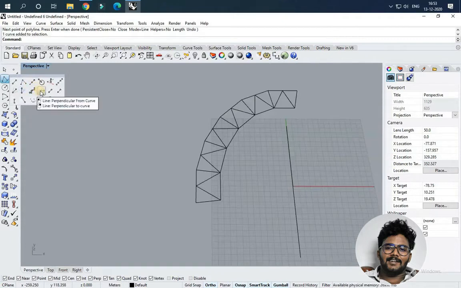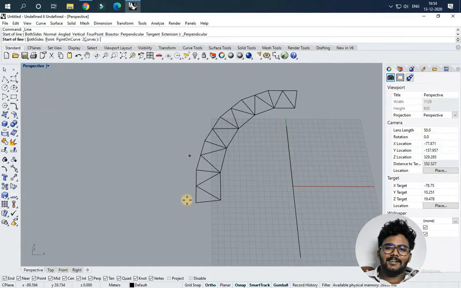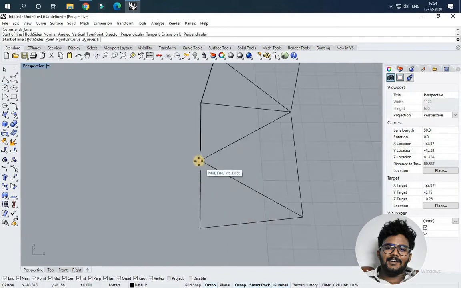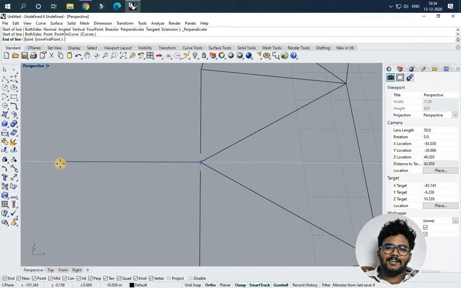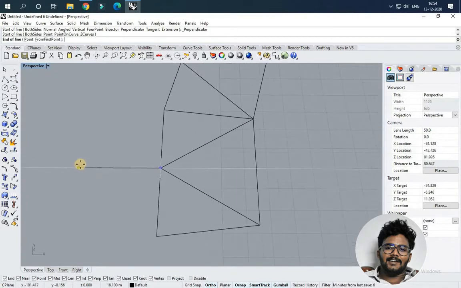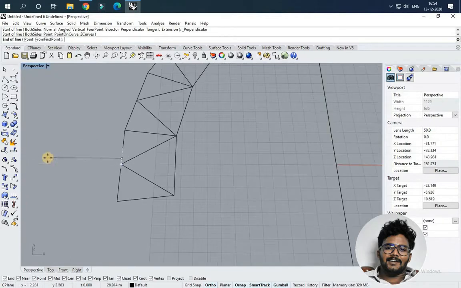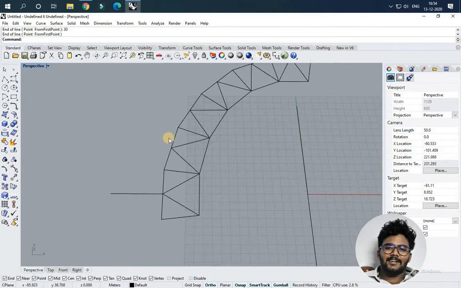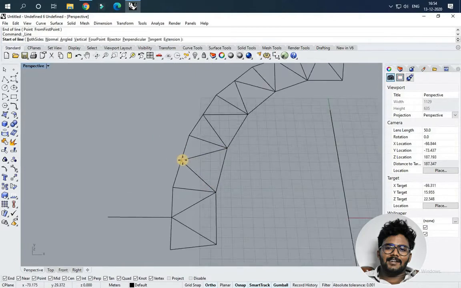So only then can you understand how the origami works here. I'm using the line perpendicular command now. It will create a perpendicular line for the line which you place. So it's a useful command. If you want, you can take the command out, because you are going to use this command more in this model. So it's based on your comfort.